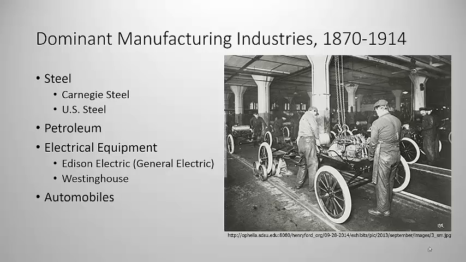Arc lighting is entirely too hot. It's an open flame lighting in which two carbon-based electrodes are moved close enough to each other that they have an intense spark running between them. That spark not only creates light but heat, and it's actually dangerous indoors to have this kind of arc lighting. But the electric bulb, the incandescent bulb, could burn much cooler inside of a vacuum, and it could be used